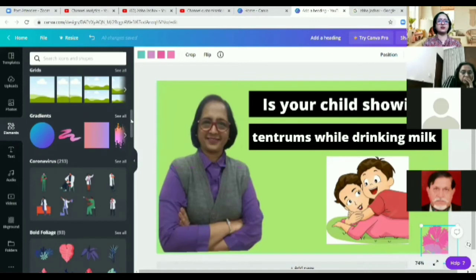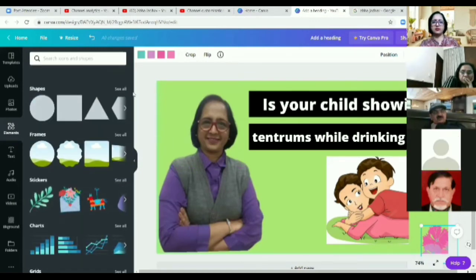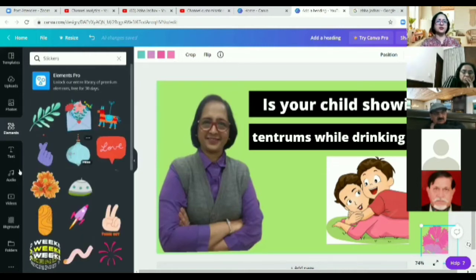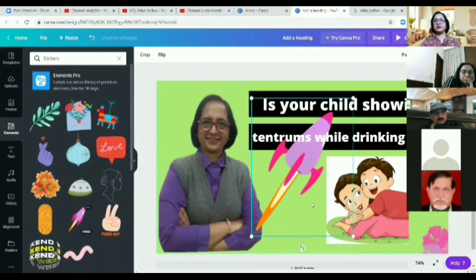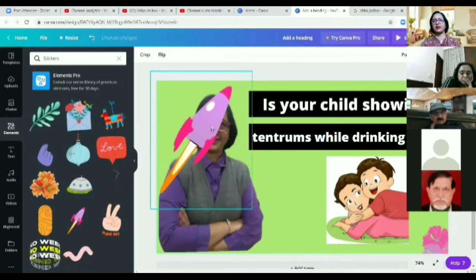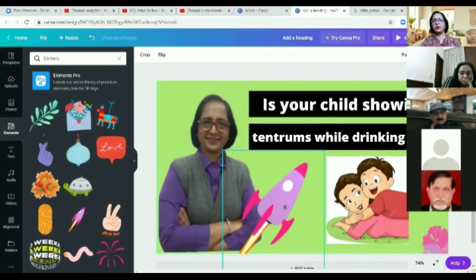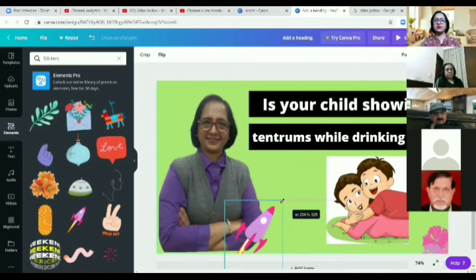Some effect. You can do animation also. Yes, that is what I'm showing. So some stickers, they are animated. See. So if it is a kind of growth or you want to show some progress, you can add it, like let's grow your YouTube channel for YouTube monetization. So I can show such kind of things.